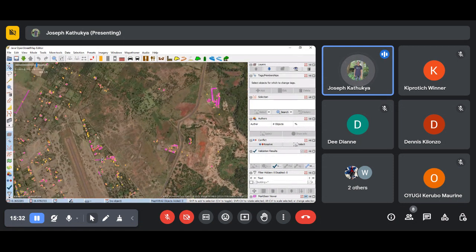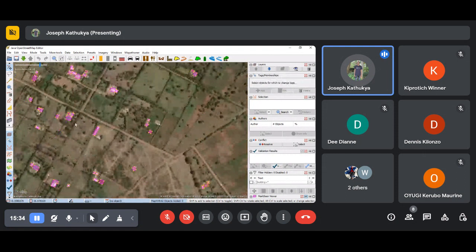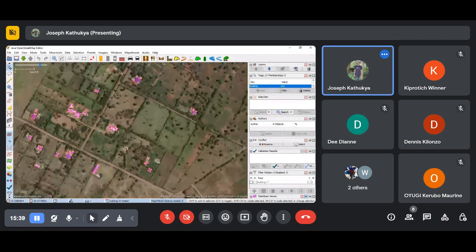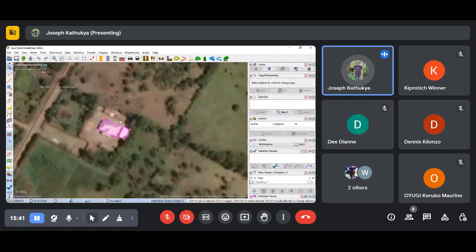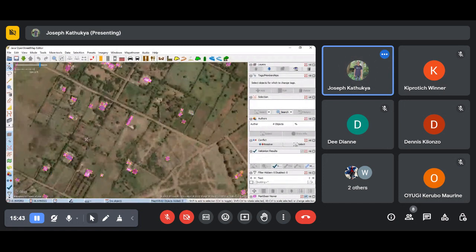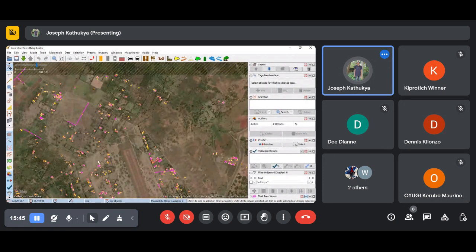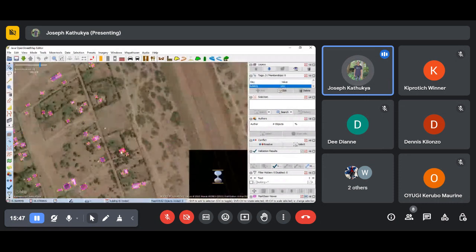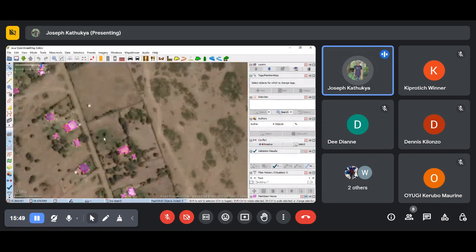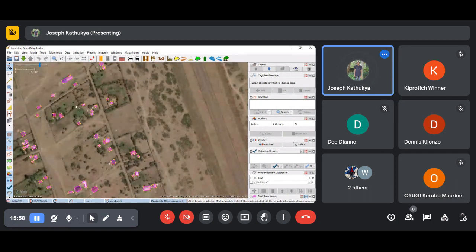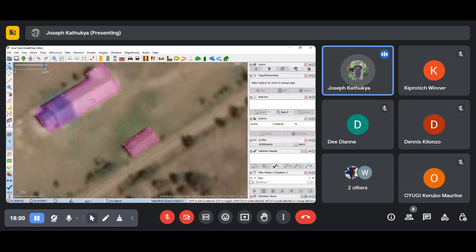So you can see that the buildings which have not been added in the OpenStreetMap are in the MapWithAI dataset. So you can see they are here. But for the buildings which have already been added in the OpenStreetMap, you can see they have not been detected. They just appear in that area. So if you want to use the MapWithAI data to add it to the OpenStreetMap, you have to select. You can just select. You can see some buildings have been